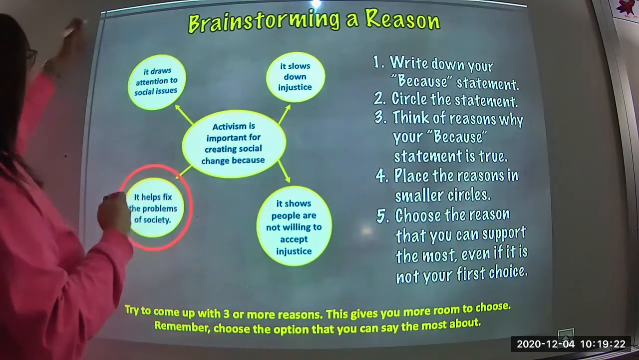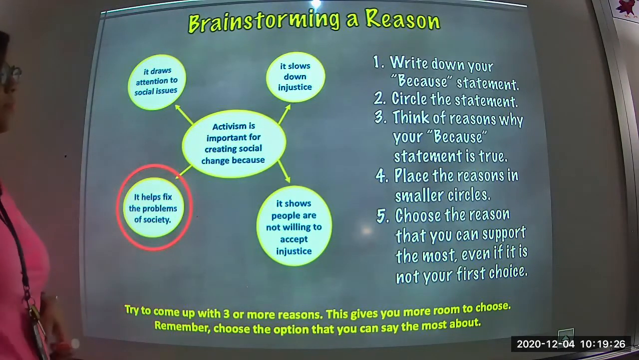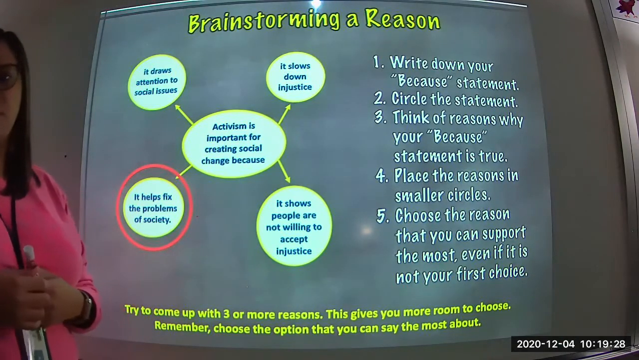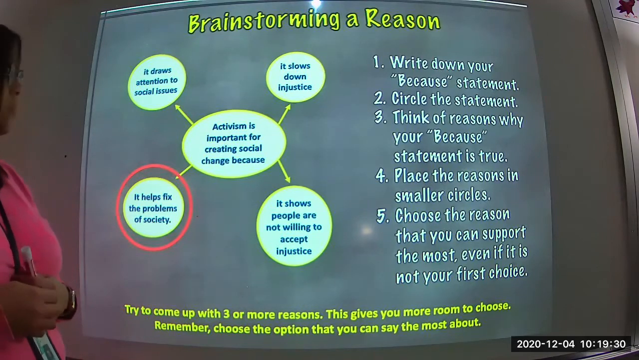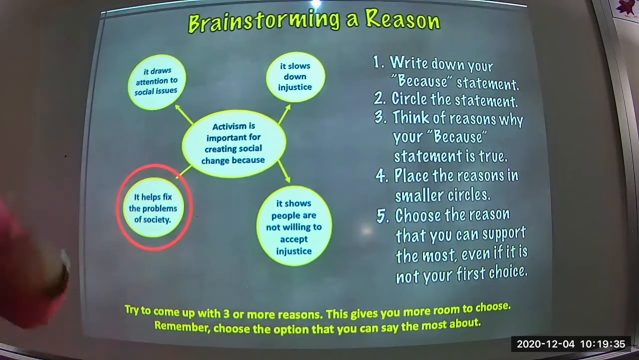But I do want you to remember that the formula is always your because statement plus one reason. That is the formula for your thesis. And remember, as long as you have a thesis, you've already moved yourself from a 1 to a 2. Can I see the one that has a thesis? Yeah, let me,